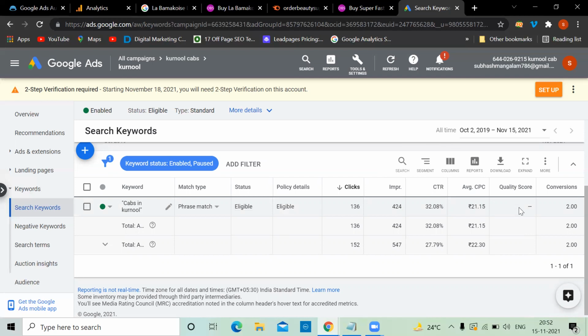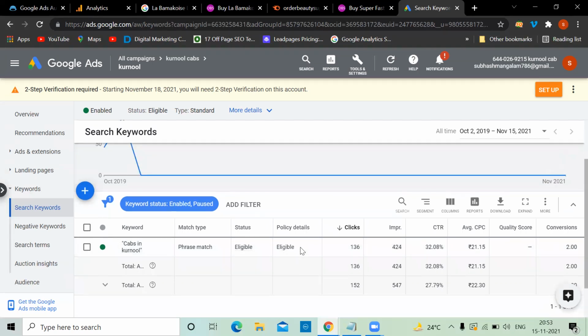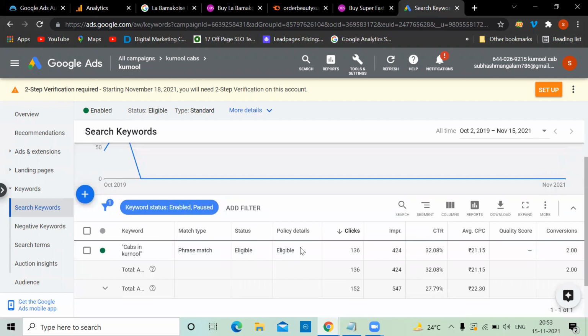In the next class, I'll teach you more about quality score and ad rank score. It's more of theory, but it's very important to understand so that you can perform better. In the next class, I'll be explaining this. Right. Now, these are the campaigns we checked, and if you want to change something, how to do that, I explained.